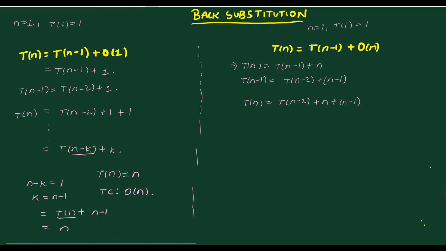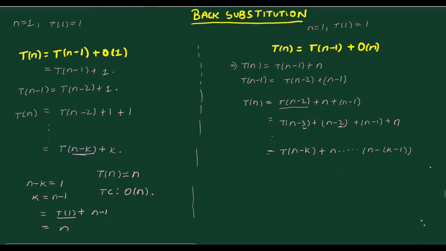So can you see the pattern? If not, try to substitute t of n minus 2 as t of n minus 3 plus n minus 2, plus n minus 1 plus n, right? So in general, the pattern is quite clear. That is t of n minus k plus n, till n minus k plus k minus 1, right? Because when it was 3, the last term we had was 2, 1 less, right?